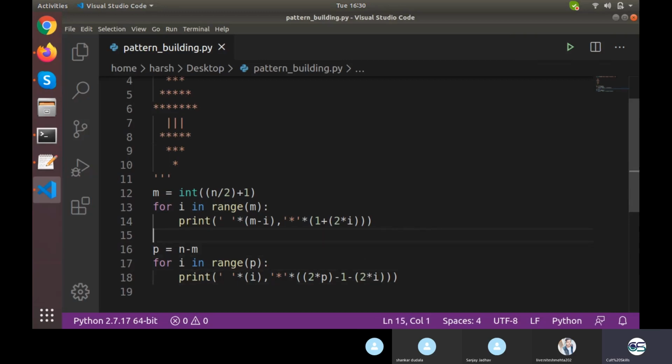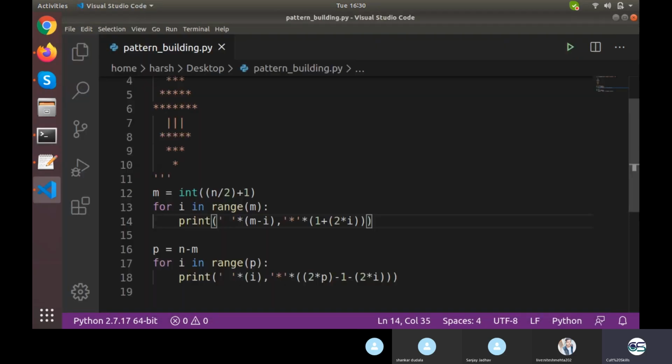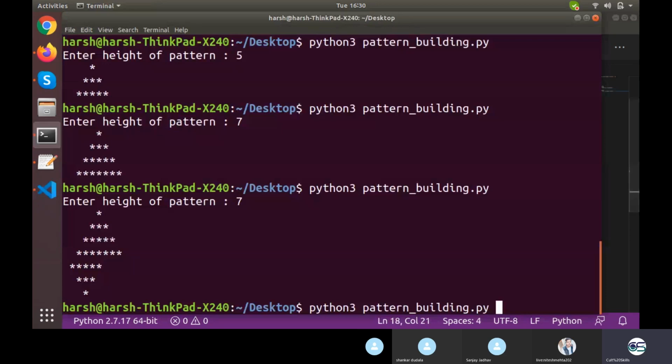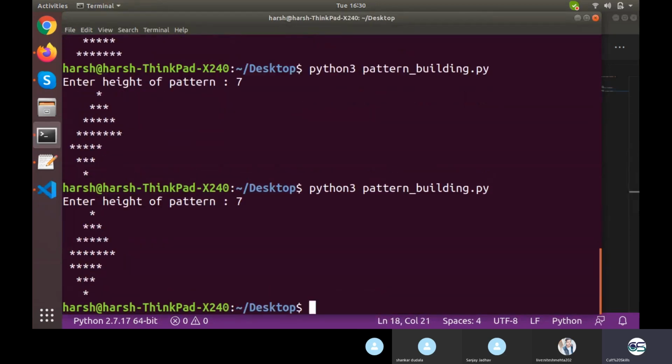Something wrong I did. Wait. Okay, so even the upper one is not so good. There is one more space right here. For that I need to go for m minus I minus 1. And there is one more space needed right here.